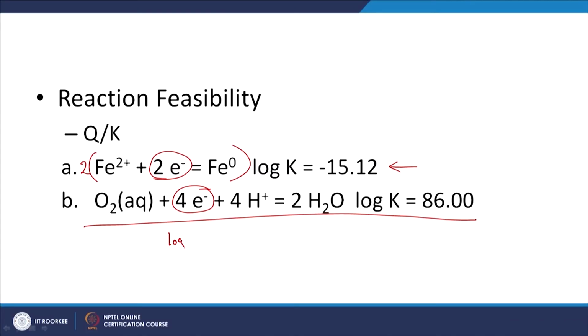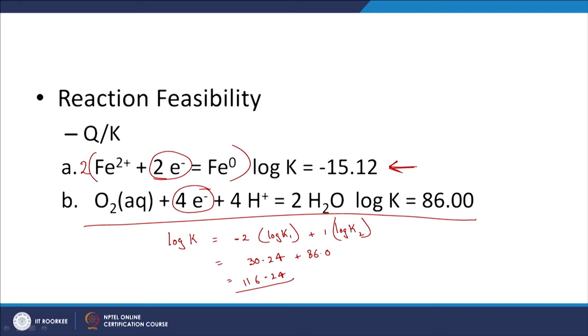So, the log K of the overall reaction, what is that going to be equal to? That is going to be equal to minus 2 times log K1, because I am going to swap this particular reaction, plus 1 times log K2. From that, I see that it is around, let us say, 30.24 plus 86.0. So, that is going to be equal to 116.24, let us say, log K for this overall reaction.